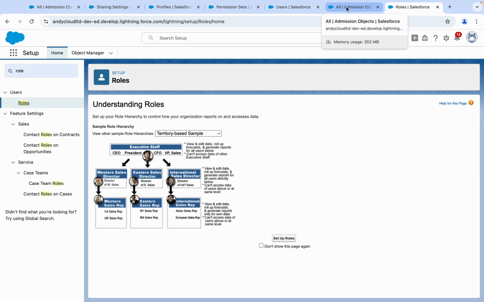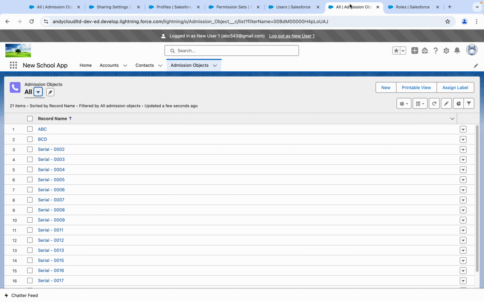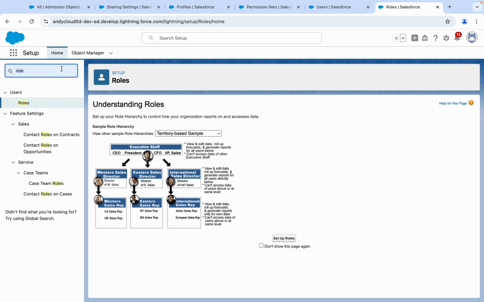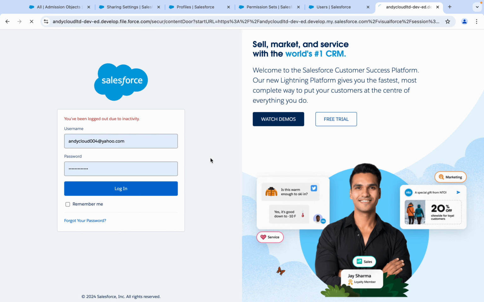So now I want to show you one more thing. Suppose you don't want to give the senior access to the junior's records, but you want to assign a role at the time of creating a user. Then how and what will you do, so that this role should be here but access should not go? So how will it work, you need one more thing. First log out and go to sharing settings. We are not going for OWD, don't worry.